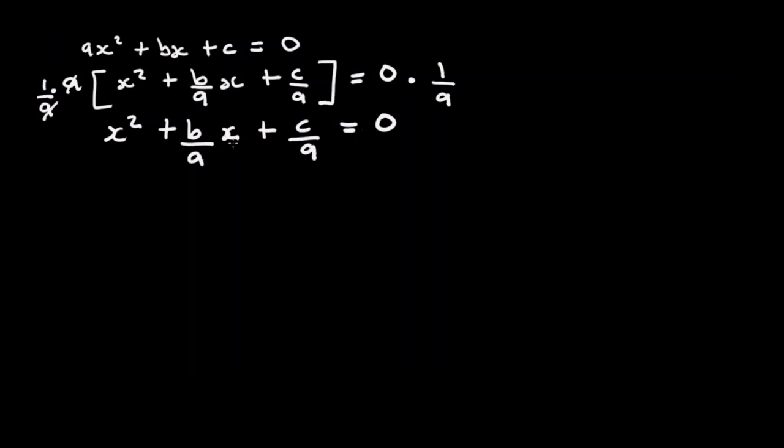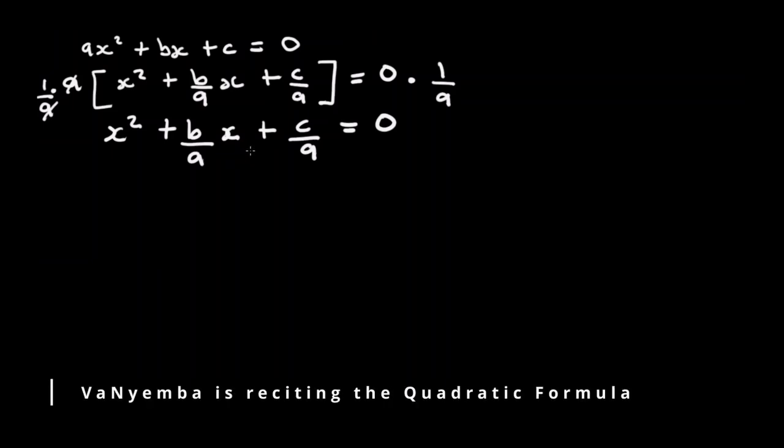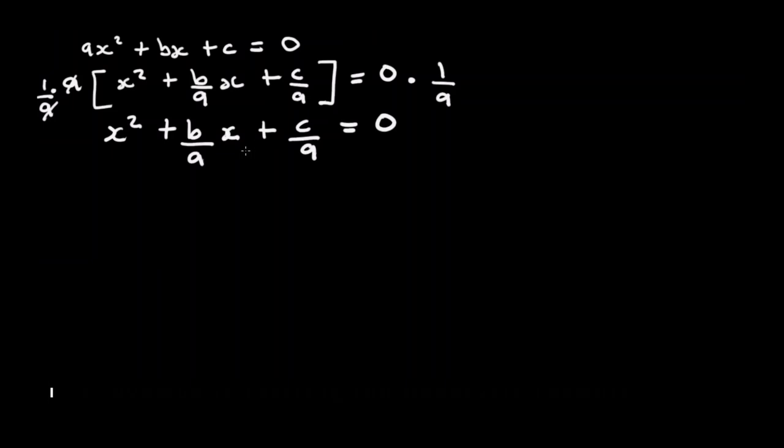Now our aim, in order to derive the quadratic formula, which is x is equal to minus b plus or minus the square root of b squared minus 4ac over 2a, is to make x the subject of the formula. So with all terms in x on the left hand side, x squared plus b over a x is equal to, c over a crosses over the equal sign to become minus c over a. This is the most crucial step which we are going to do now.